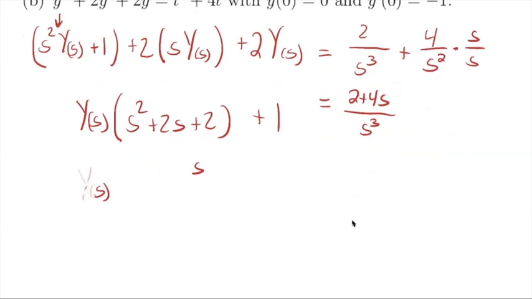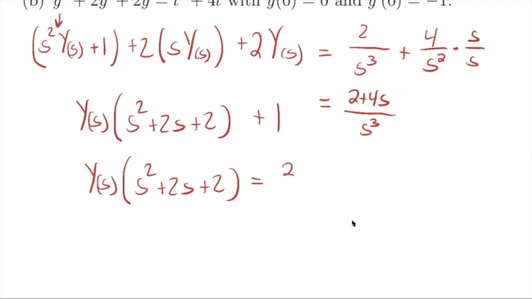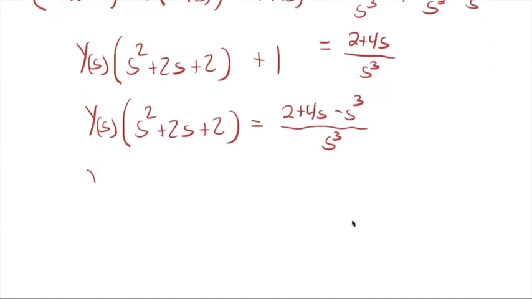Just to not skip any steps here, we could subtract the 1 from both sides, and then suck that into the fraction that we already have, put it over the common denominator, and now we can divide by